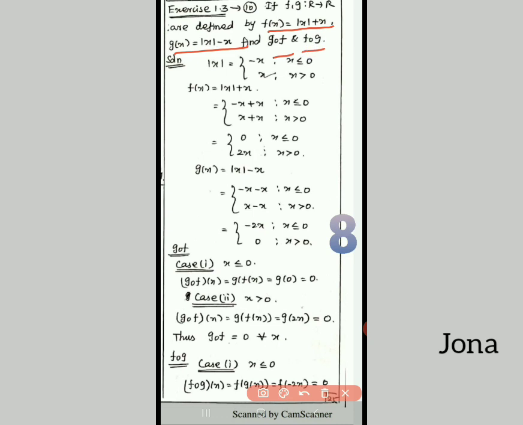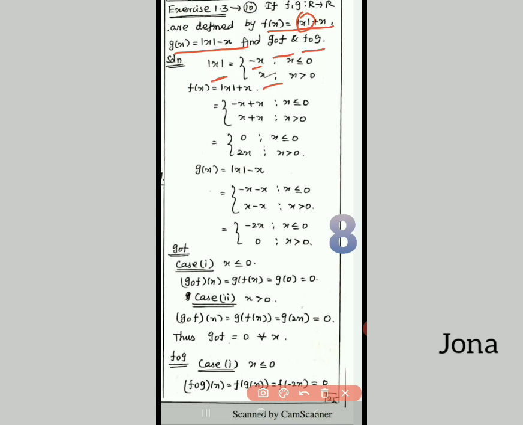So in this function f of x we have that modulus of x. We know that modulus of x is nothing but minus x and plus x. Minus x will be in the interval x less than or equal to 0. In the number line we know that below 0 that minus will be there, so it will be minus x. Plus x is nothing but x greater than 0. Above 0 we got the positive symbols, so that it is x. So according to this we want to calculate f of x and g of x. Okay.